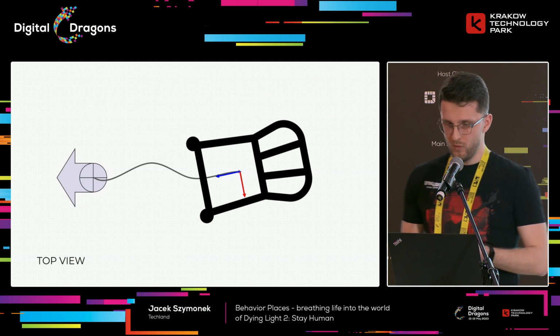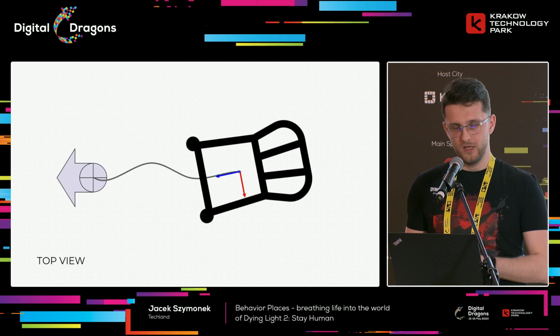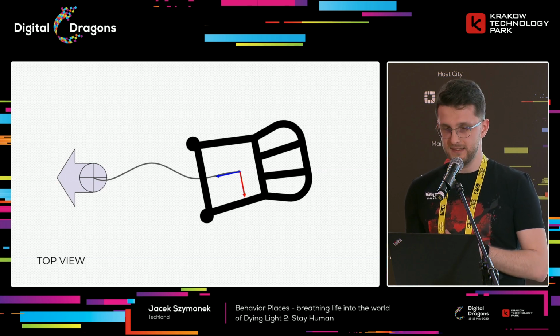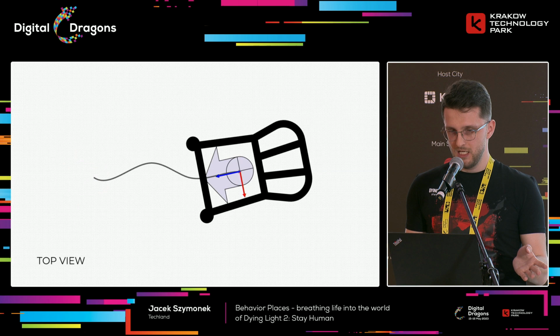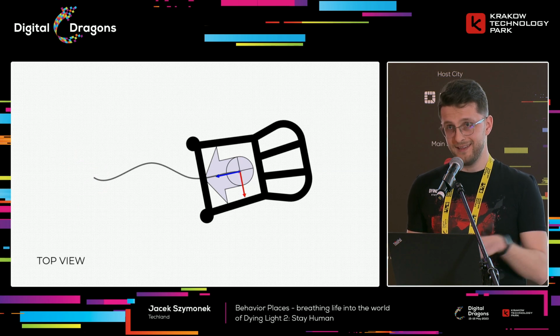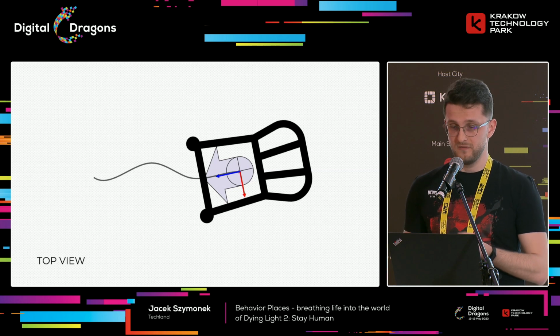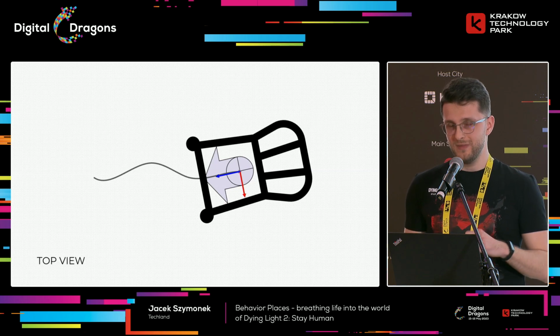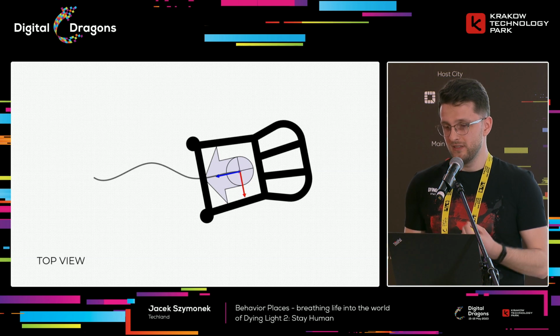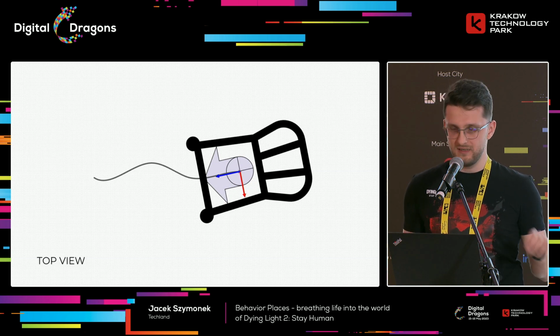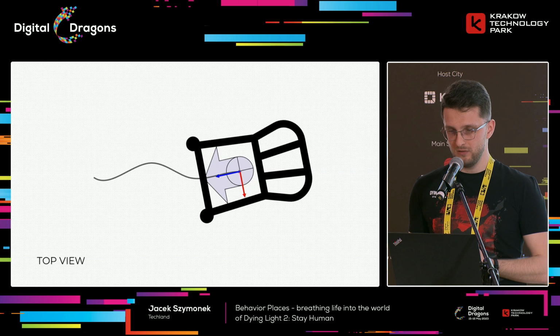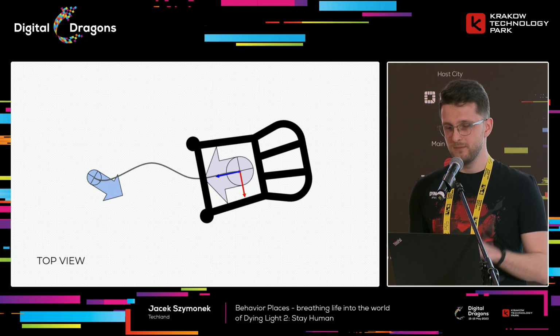To fix it, we figured out a different solution. What if we place the behavior place exactly where the chair is? The entry animation should now end at the behavior place position, which is synchronized with the position of the sitting. And to do that, we must calculate the point in world space where the AI is supposed to start the entry. And we call these entry points. They are calculated from the animation root motion and saved in the behavior place definition during asset compilation.